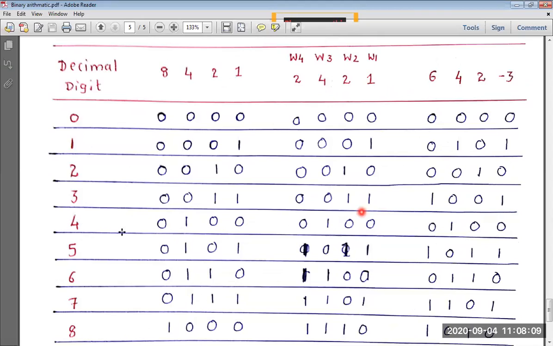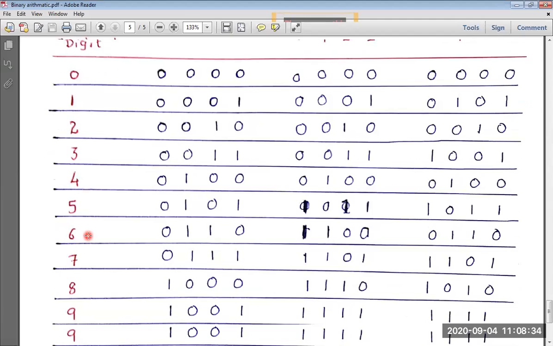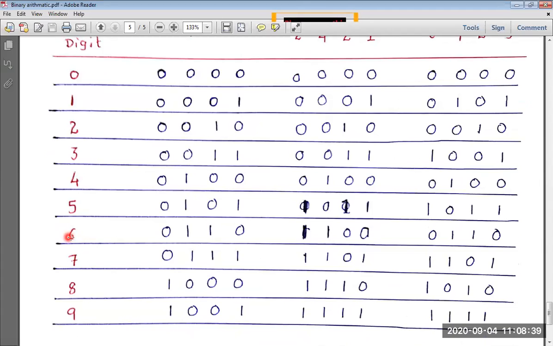So what is the complement of the decimal digit 4? I forgot to talk about complements. The ninth complement of 4 means you have to subtract 4 from 9. So what is the answer? 5. If I ask you the ninth complement of 6, you have to subtract 6 from 9, so what we get is 3.